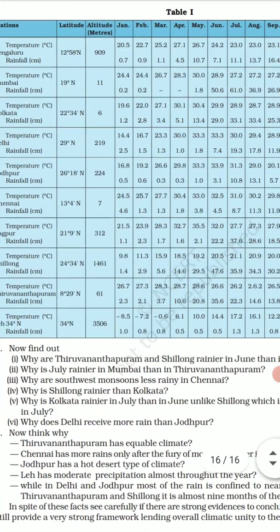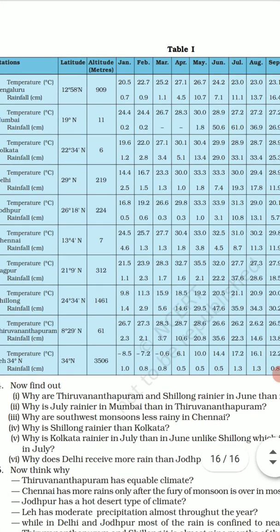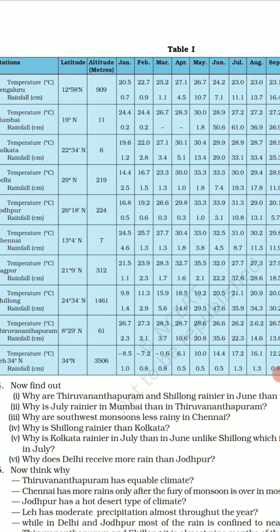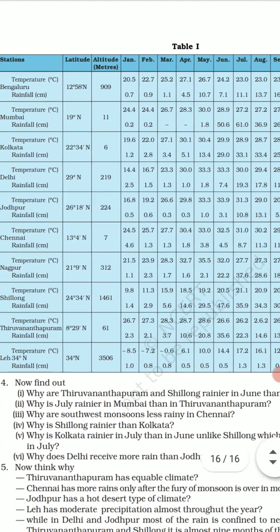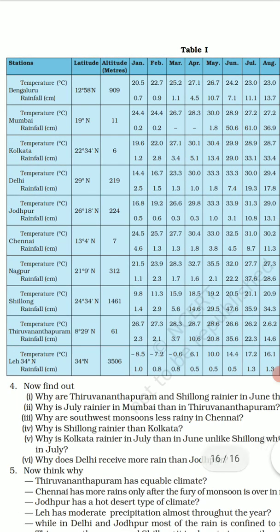Latitude, right? Latitude. So how will you give the number? Which is near to the equator will be number 1. Which is that? Thiruvananthapuram. Yes, at which latitude? 8 degree 29 minutes north. That will be number 1. Likewise, you have to find out number 2. Which is that? Chennai followed by Mumbai. Okay. This way you are going to arrange them.